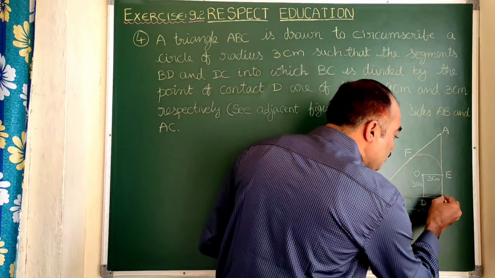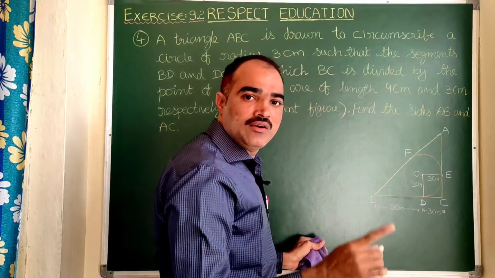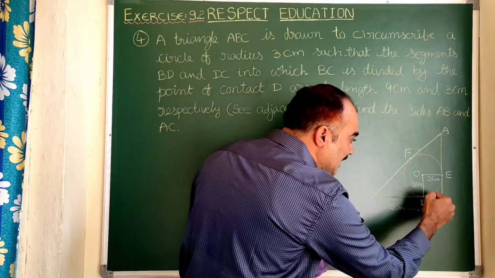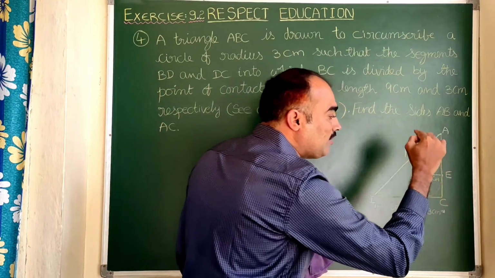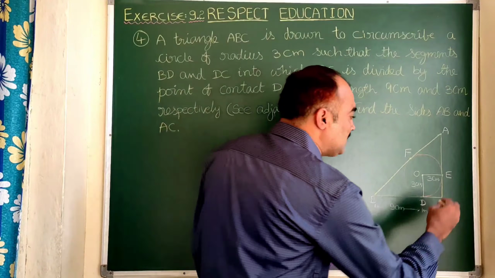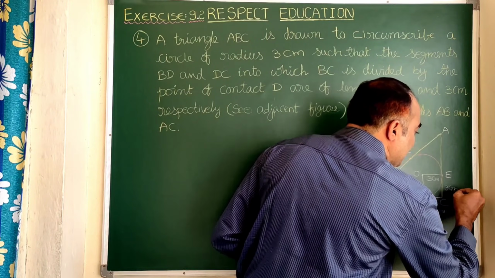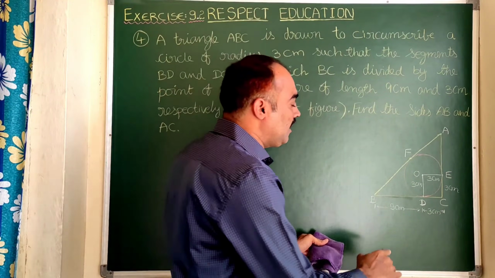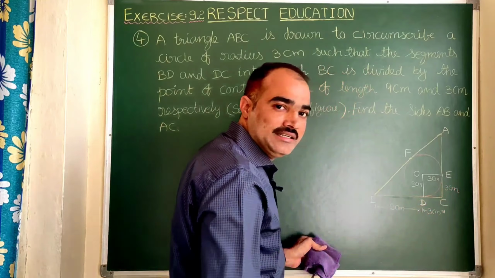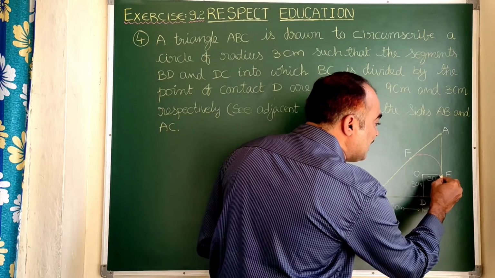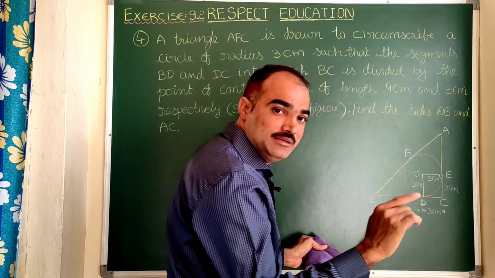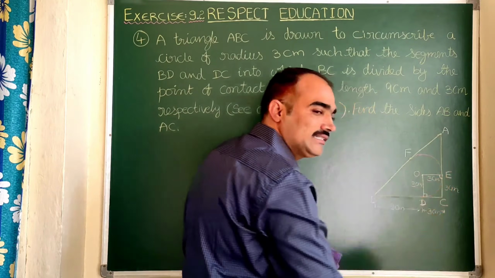And moreover, as we know, the lengths of tangents drawn from an external point are equal. So here you can take the external point as C, so that CD and CE, these two are the tangents drawn from the external point C. So their lengths are equal. Given CD is 3 cm, CE also will be 3 cm. Is it clear? Now one more thing: OE is the radius and AC is the tangent, and we know the angle between the radius and the tangent is 90 degrees at the point of contact. So angle E is 90 degrees. Similarly, angle D is also 90 degrees.